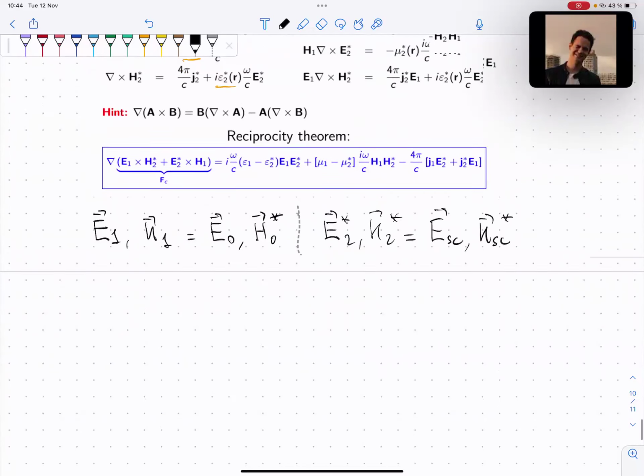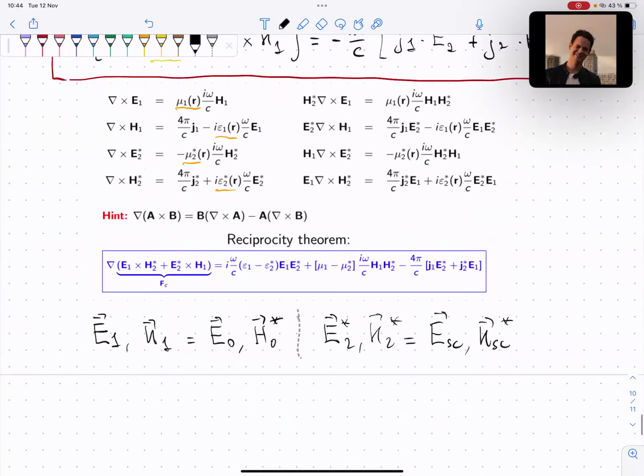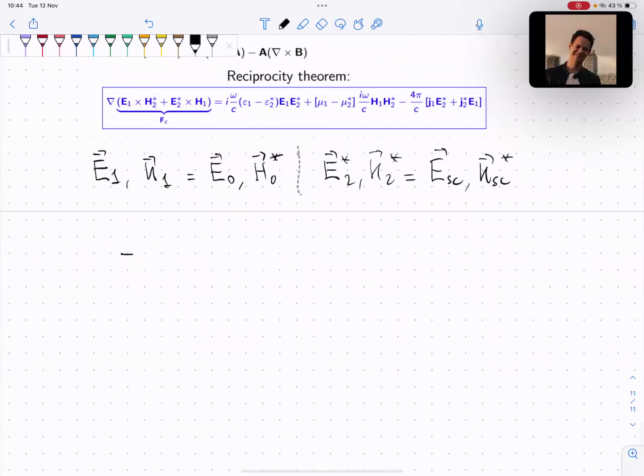Yes. So if you substitute it here, we will get something like the divergence of